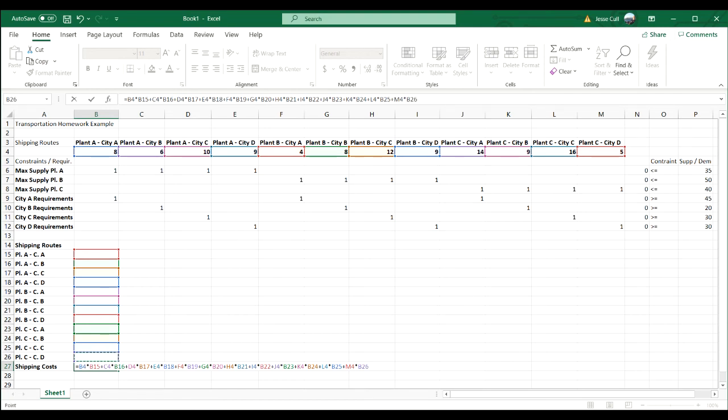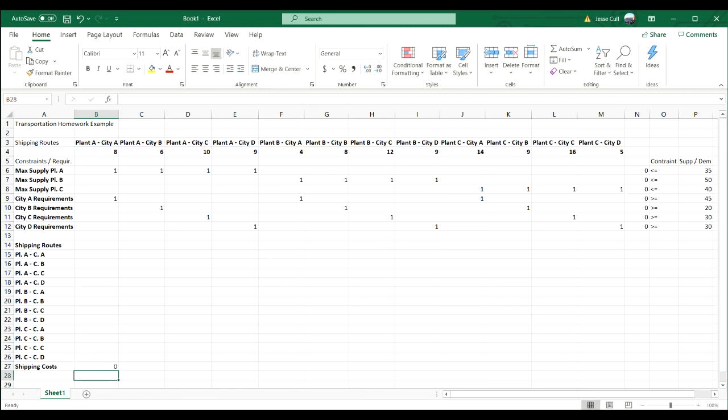So this is multiplied all 12 possible route costs times the number of times we ran all 12 routes. So we hit enter, and we are now ready to enter the final stage of the problem, our usage of